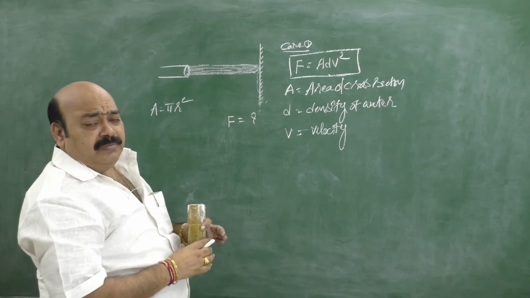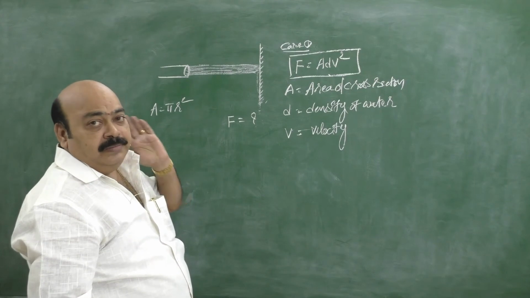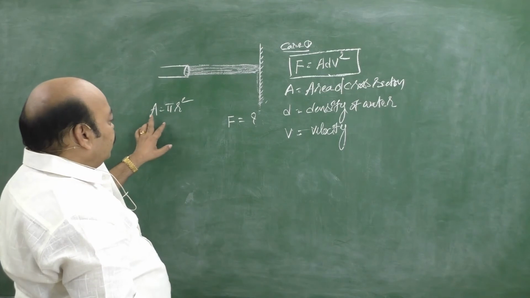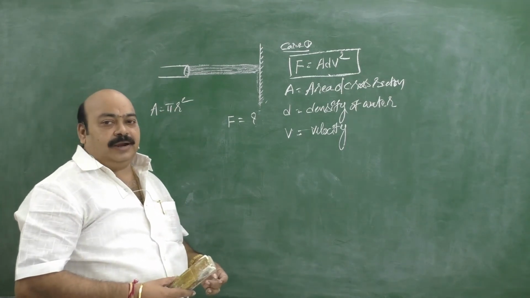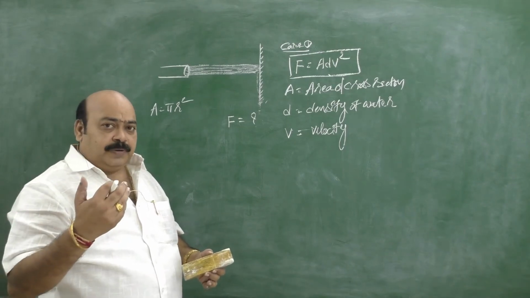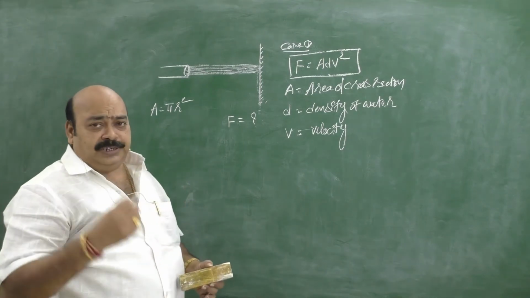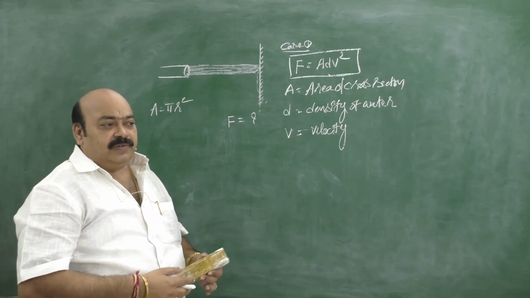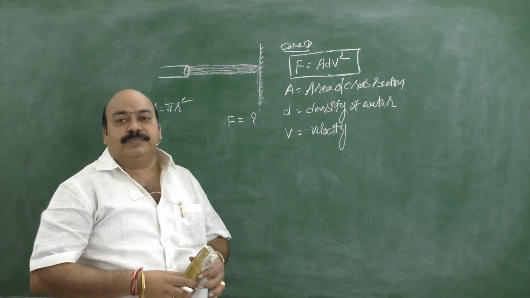What will be the twist in the problem? The diameter of the pipe may be given. Then half of the diameter gives the radius. From that we can calculate the area. Density of water: generally a garden pipe carries liquid water, but if in a particular problem it is another liquid, the density of the liquid must be mentioned in the problem. In case of water, whether it is given or not, you can take it for granted as 1000 kg per meter cube.